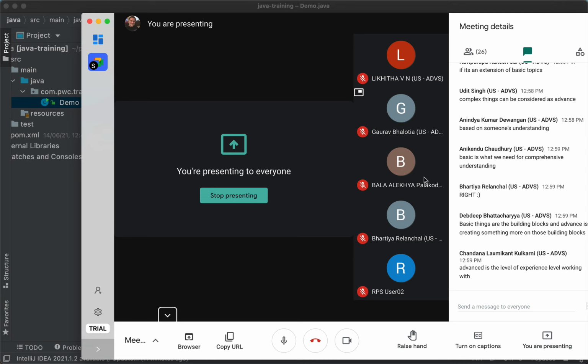So this is something that appears to be advanced to me today, just because I am unable to get my head around it. Today it's advanced, but the moment I start digging into it, the moment I start working on it, 8 hours, 10 hours, 2 days, 3 days, I realize, oh my god, this is pretty simple. So that's how it is. So please don't think thread or multi-threading is an advanced topic that we have started with. It's fundamental, it's basic, and if you have conquered this, you're done.